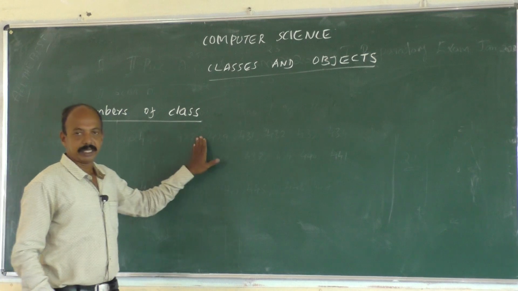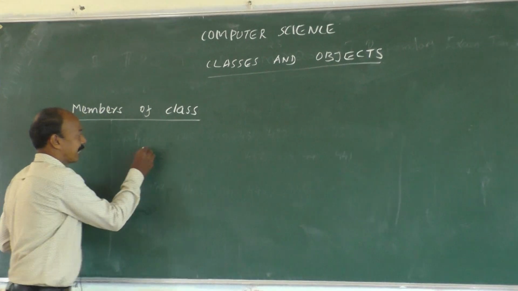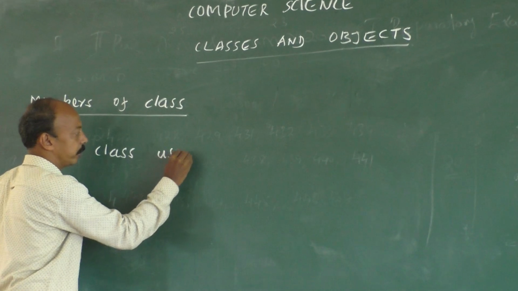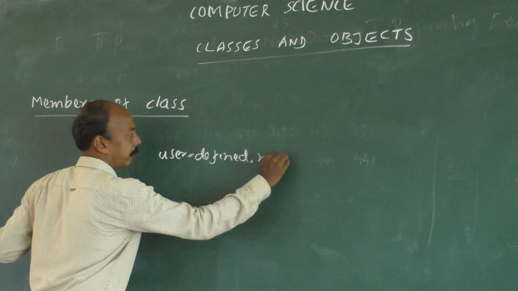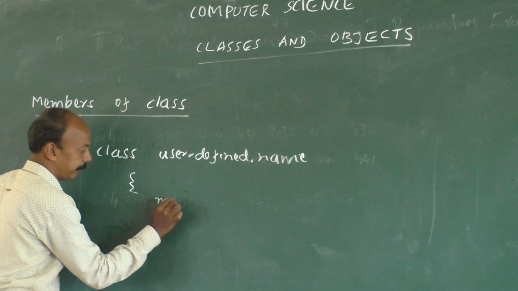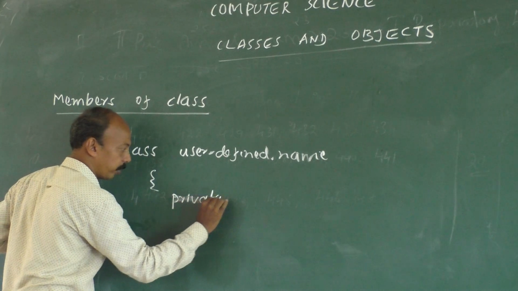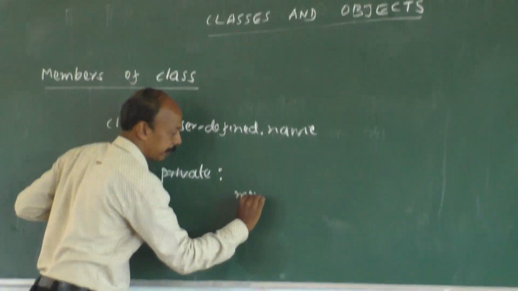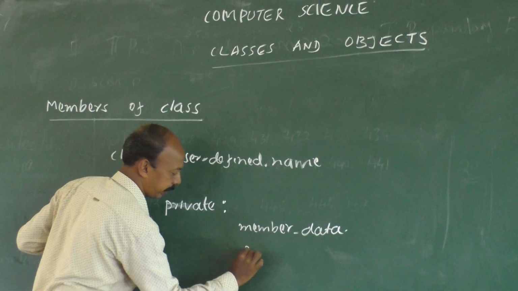Which are the members of the class? Once we define a class, we have seen the class starts like this: class, user defined name, open flower bracket, member data, access specifier we can write private. If you do not specify private, automatically it will consider it as private. Member data, member function,